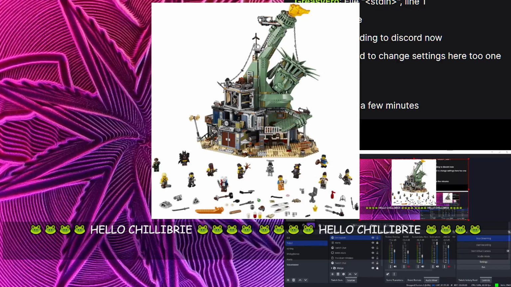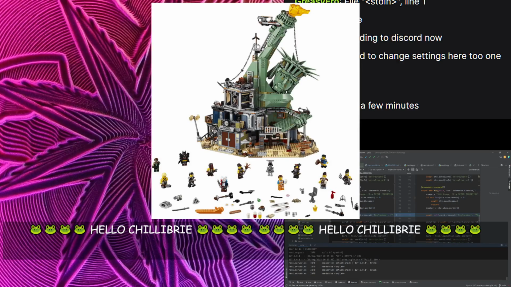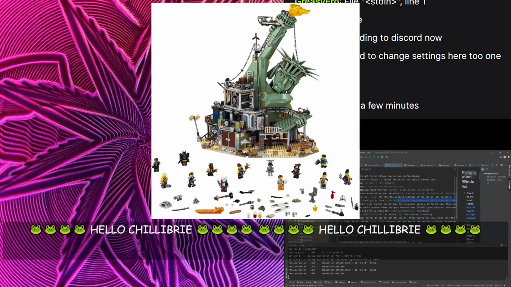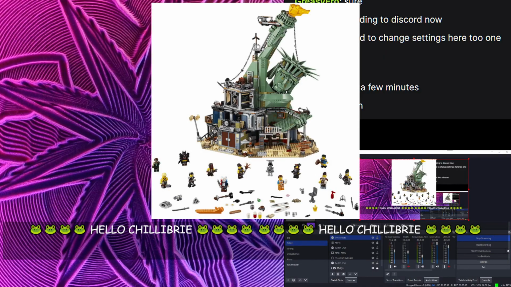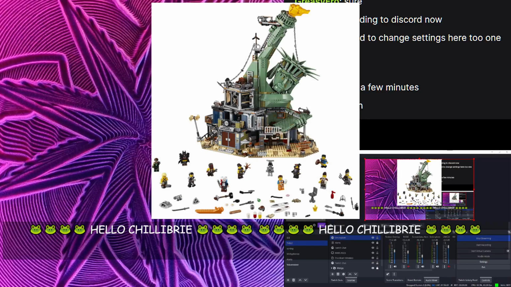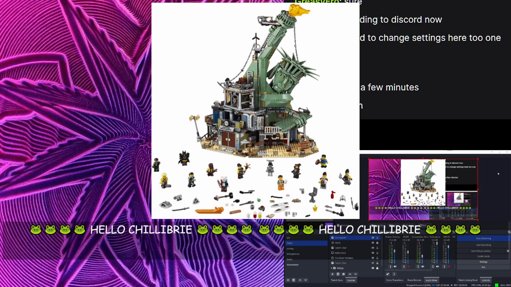I wrote a bit of documentation. Where do I have it? But I guess it's not as easy as I hoped it would be to set it up. You do need at least a bit of command line handling. But it works quite well. But I didn't get around to doing any coding. And now I should probably not share my OBS anymore, even though I don't see any security stuff here.